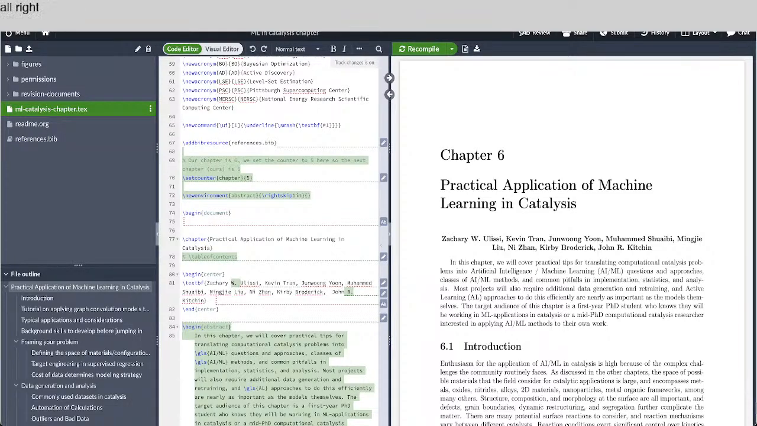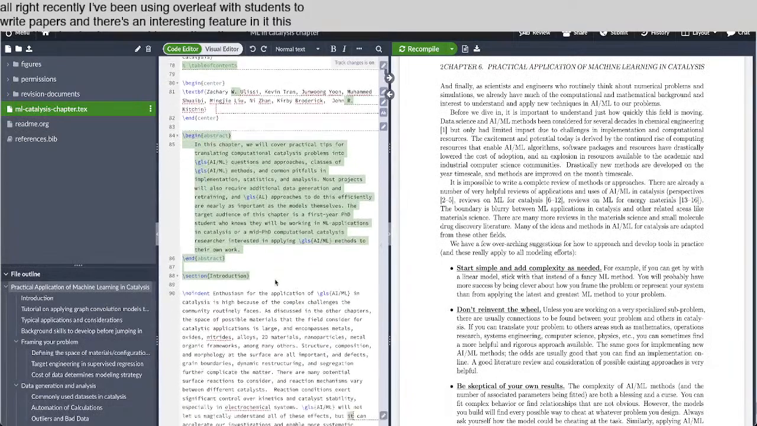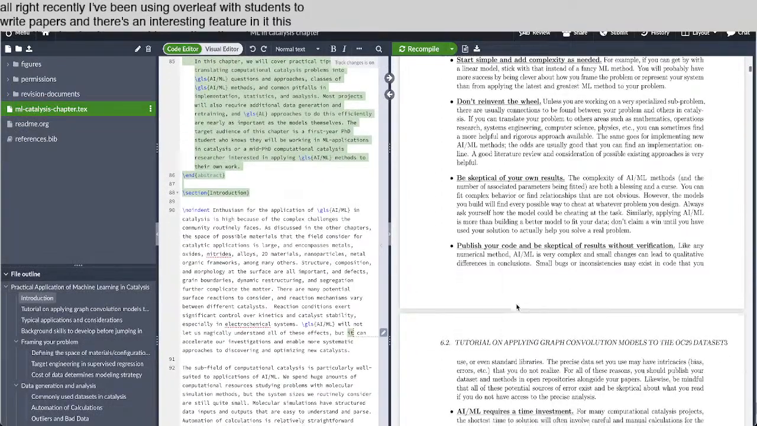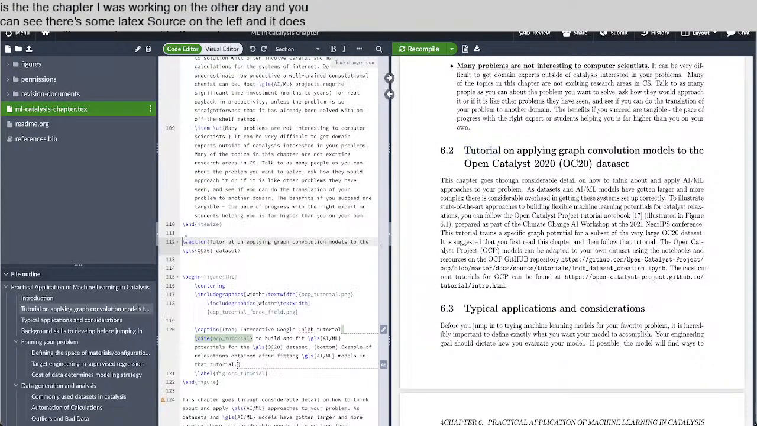All right, recently I've been using Overleaf with students to write papers, and there's an interesting feature in it. This is the chapter I was working on the other day, and you can see there's some LaTeX source on the left, and it does some compiling over here. And in theory, I can double click over here, and it will navigate over to the source